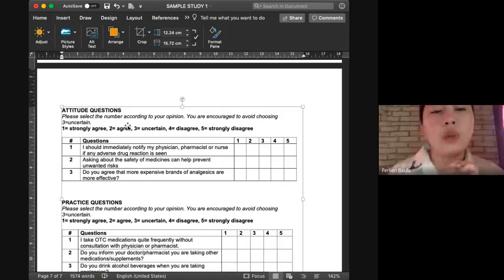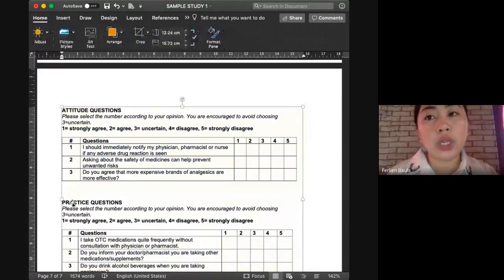Remember that ha, kung magla-Likert scale kayo in the future, 4 scoring, Likert scale natin is 4 scoring lang. 1, 2, 3, 4. Walang neutral point. So, mahirap i-ascertain kung anong ibig sabihin ni number 3. So, hindi natin bibigyan ng choice yung ating respondent to answer safely si number